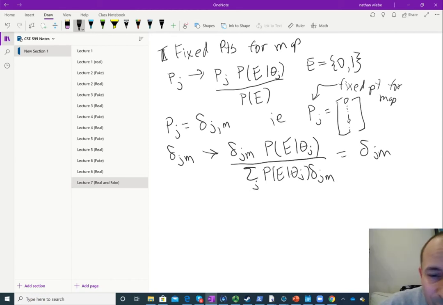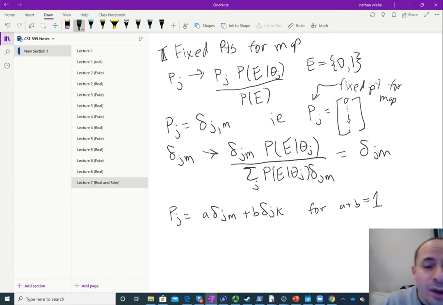Now, let's assume that we end up having that our map has the following structure. Let's say that we end up having two components that are non-zero. So let's say that p sub j is equal to a delta jm plus b delta jk for a plus b equals 1. Okay, fantastic. Now we end up getting that